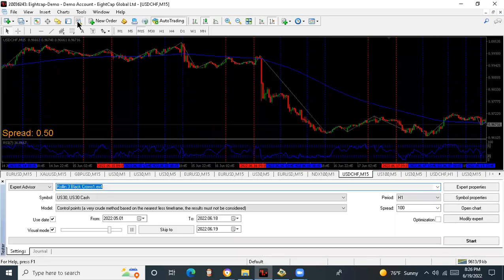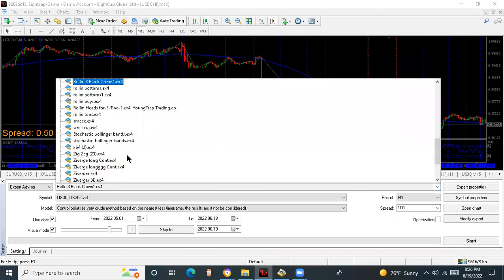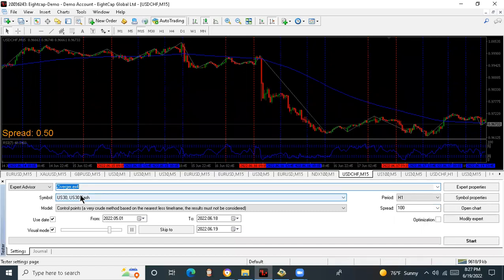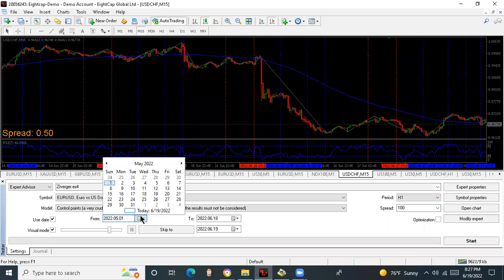Okay, I actually have this in an EA. My strategy, right? When I'm not always able to catch everything, I'm able to catch it on my Zivergent trading robot here that I coded, right? So what I'm gonna do is I'm gonna run this. Let's see if I can run it from